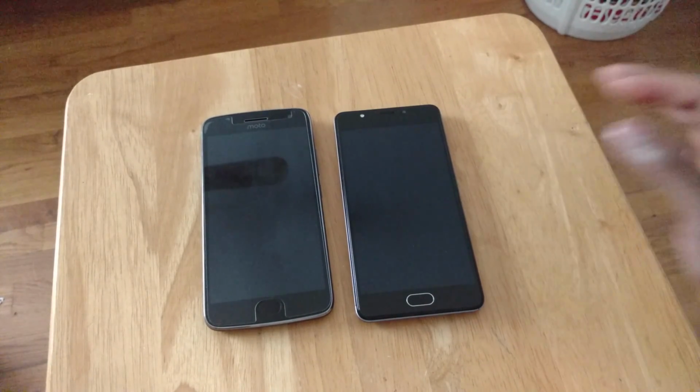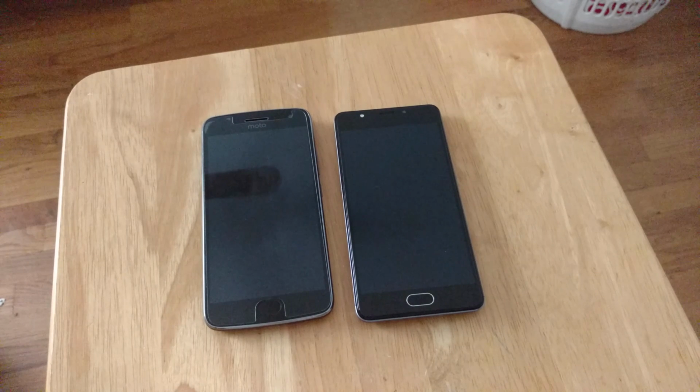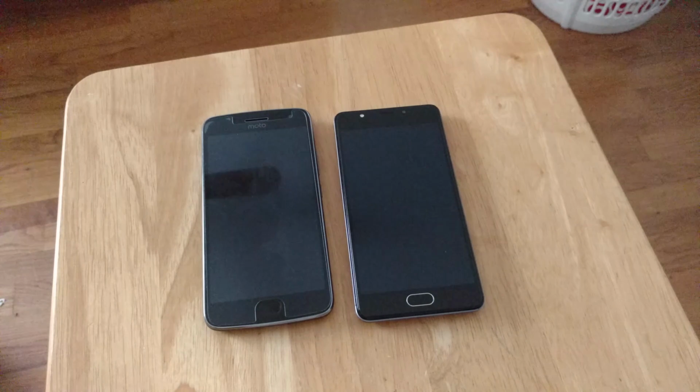Now, in terms of benchmarks, please check out my full reviews if you want to see the in-depth benchmarks. But I have to say that these phones perform pretty much where you would expect them to in the benchmark performance. But keep in mind, guys, benchmarks mean absolutely nothing. That's just raw. As end users, what matters is the overall fluid and smooth user experience, which equates to a fast and smooth user experience,